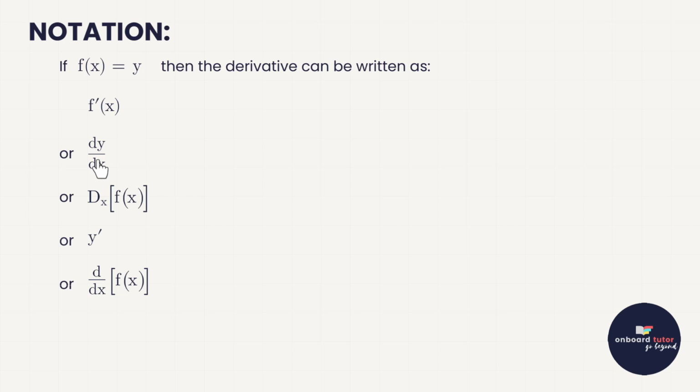So in other words, differentiating the y value with respect to x, d subscript x of f of x, so that f of x is in brackets there, y prime, or d dx of f of x,